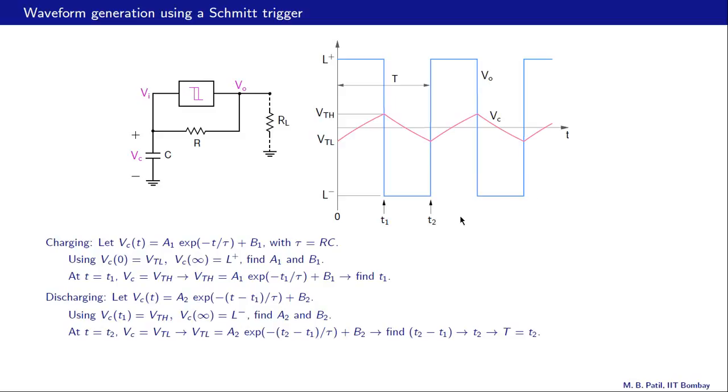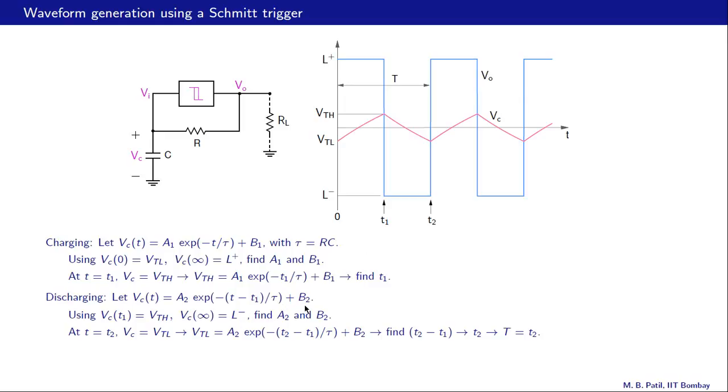However, that does not happen because at t equal to T2, the output voltage flips. And let us now describe this part of the transient with this equation here. Vc of t equal to A2 e raised to minus (t minus T1) by tau, and this amounts to taking this T1 as the reference or the origin, and that turns out to be convenient,